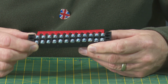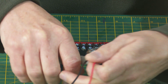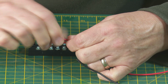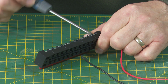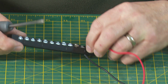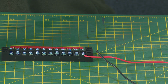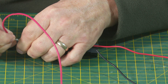So what else can we do with this now besides just take off the individual feeds? What I've opted to do under my baseboards now is, just as I showed you earlier about using it as a bus, all I simply do is connect one cable into one end, another cable into the other,